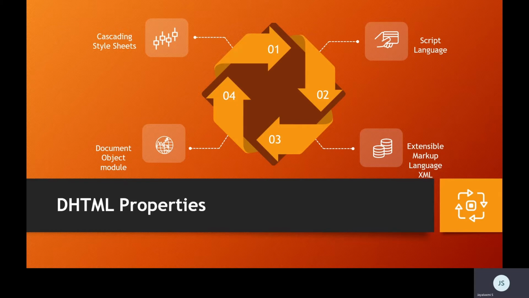So if I implement these four elements in a normal HTML page, that becomes a DHTML. So I put out a point here that we never store such a page with a .html extension. Instead, if I am writing a CSS program or using the script application or using XML or DOM, it is understood it is a DHTML program.